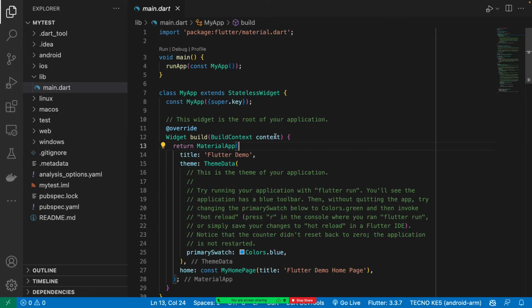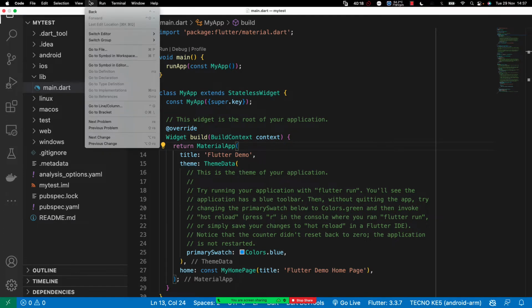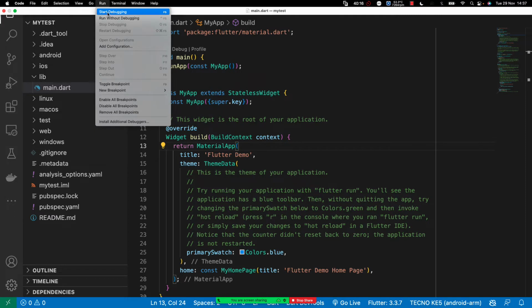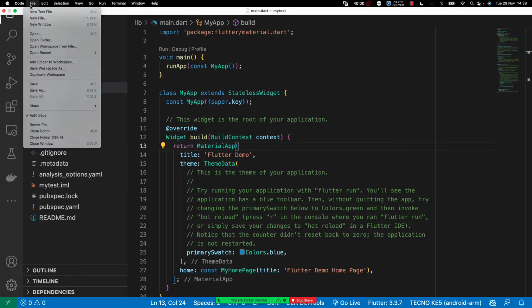So if you're a Visual Studio person, go ahead and run your project by simply going to Run, and then say Start Debugging. There you'll be able to run your project. But before you click on run, there are a few things I'll have to show you about how you'll debug your project. So leaving it there, let me show you now plan B, or the most recommended one,